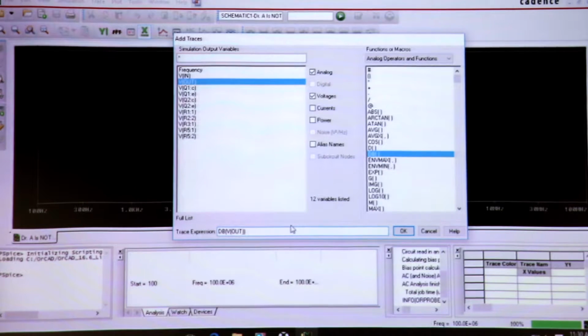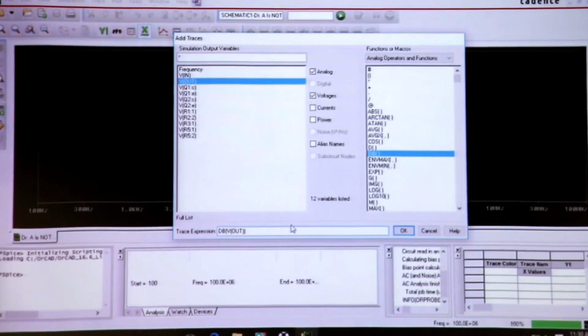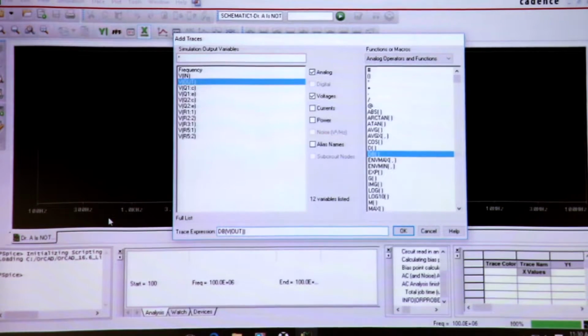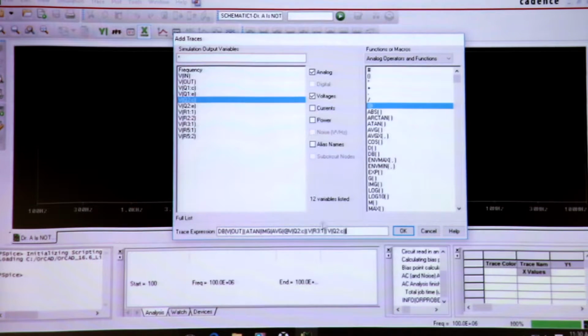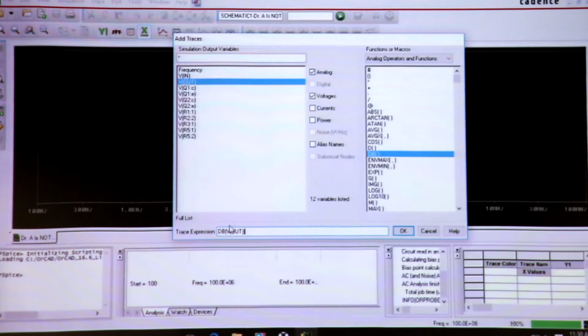If you clicked things in the wrong order, you're kind of out of luck. You got to highlight it, delete it, because as you click things, here I'll show you, they just show up in the box, and it's a disaster. So make sure that you click in the right order, dB, V out. You can type it in too if you know exactly what you're typing in, but it's easier to just click on stuff. And then when you hit OK,